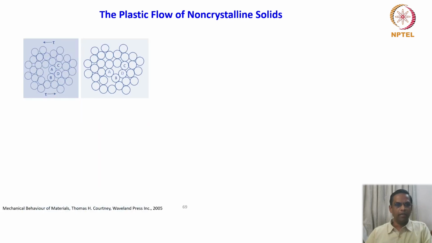So let us now look at the plastic flow of non-crystalline solids in a much more fundamental way. What I have shown is an application point of view, but let us look at the science behind it. What is involved? It is a non-crystalline solid, so you can see this atomic configuration is not ordered in any way. The atomic configuration will be completely disordered. We are going to look at the effect of shear stress. Suppose you apply the shear stress to this kind of cluster of atoms, what happens?